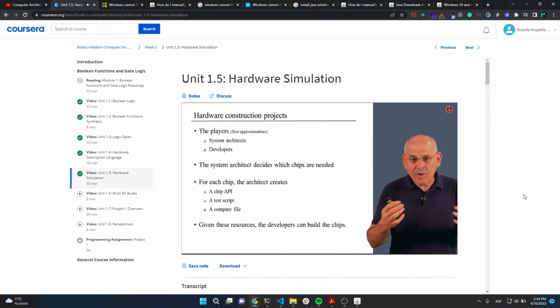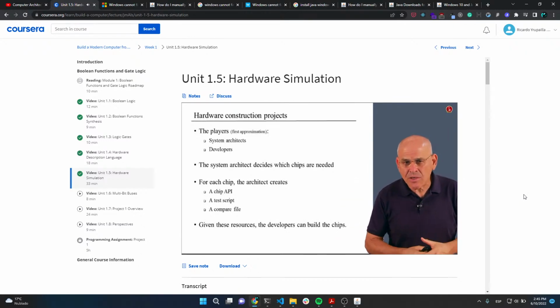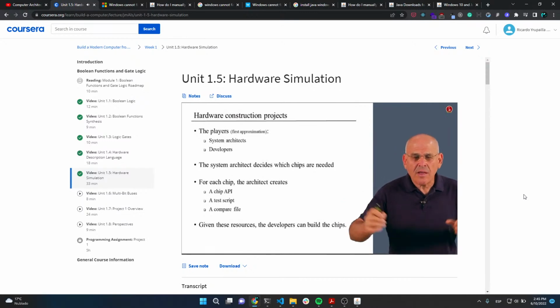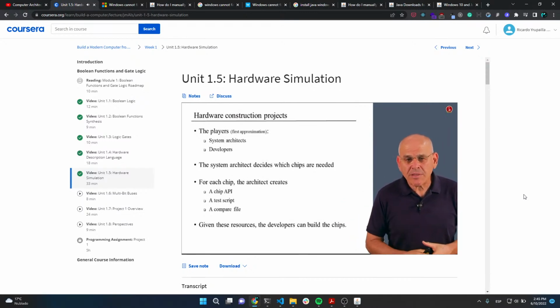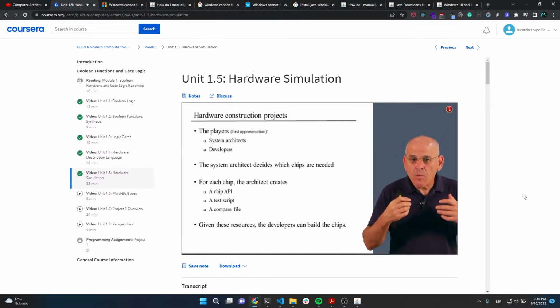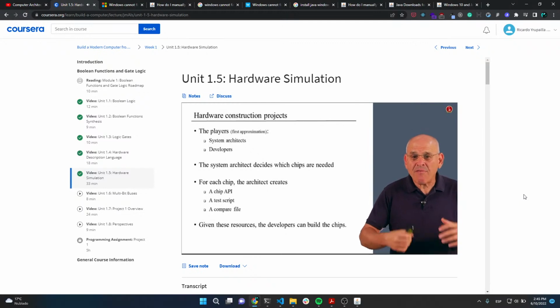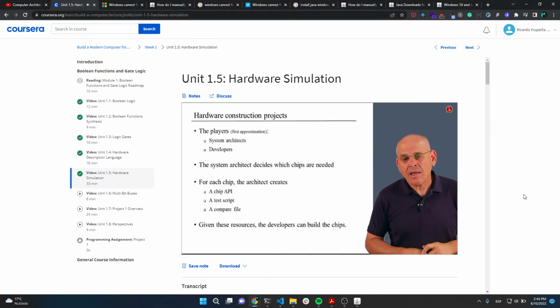And finally, given these resources, the developers can actually go out and build the chip. So the architects can do behavioral simulation, they can do whatever they want in order to test that everything fits together nicely, and at some point, the developers actually build this thing using HDL. So once again, that's an example of a well-planned modular design, and yet another example of divide and conquer, taking something very complicated and breaking it into a set of more manageable, smaller modules,